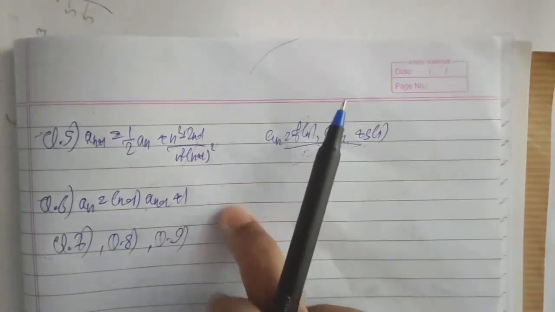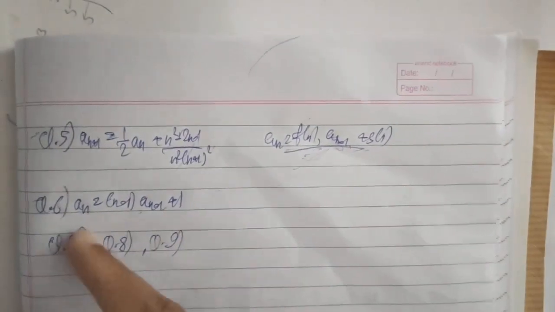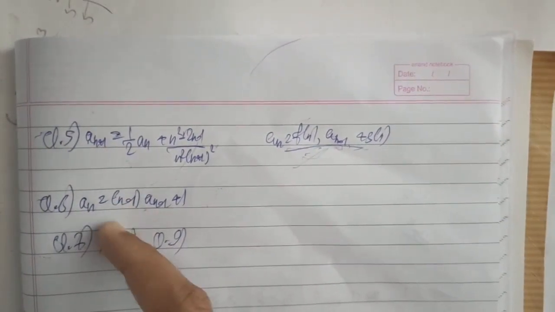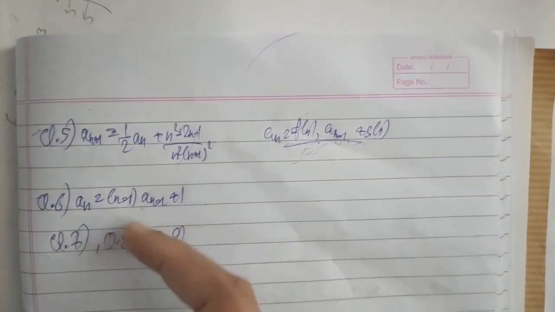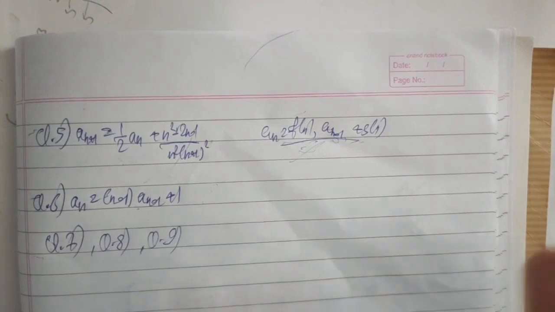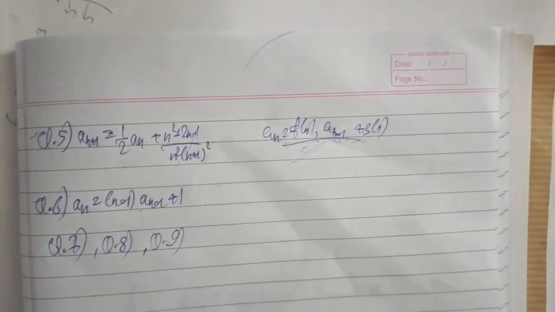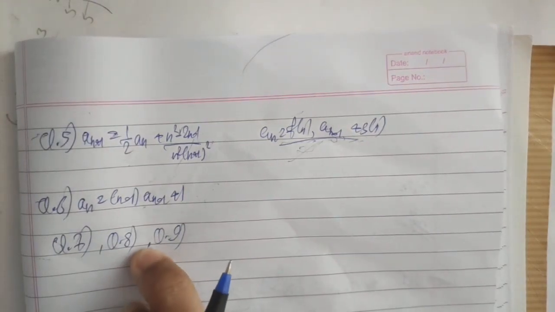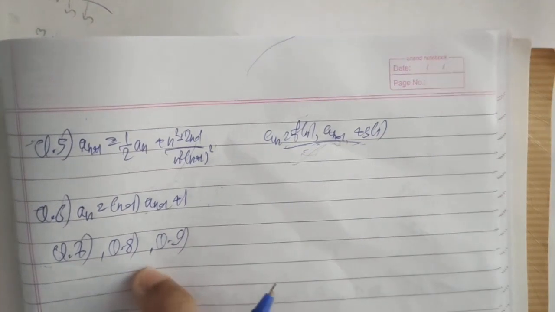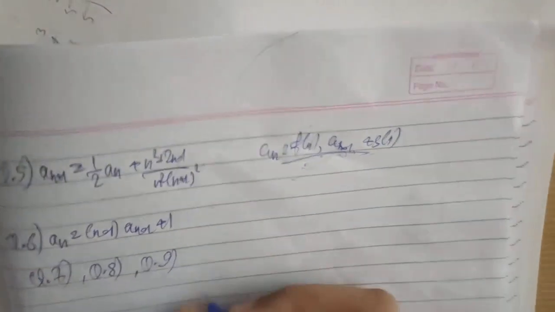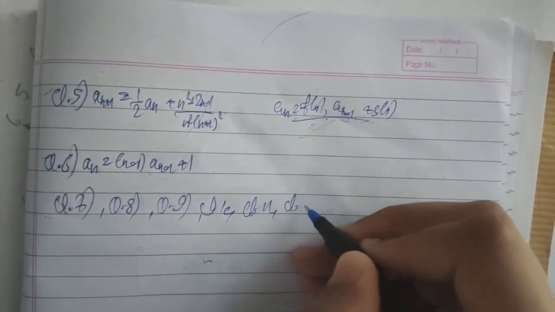So you can define a new sequence. But here's a catch: if you put n equal to 1, it is 0. So you first have to substitute n with n plus 1, and then you define a new sequence P of n to be f of 1, f of 2 till f of n. Now Pn won't be 0, so dividing both sides by Pn, you will eventually get the value of an in closed form. Similarly, if you see questions 7, 8, 9, and further question 10, question 11, and question 12,